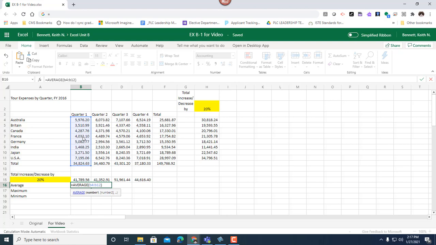Now, actually, I said B12. That should actually be B11. That's why you should always be careful and look twice before you hit enter. And now, this is correct. This is what I want. You don't want to include B12 because you would be including the total as part of this range, and that's not what you want. So you hit enter now, and then you get an average of